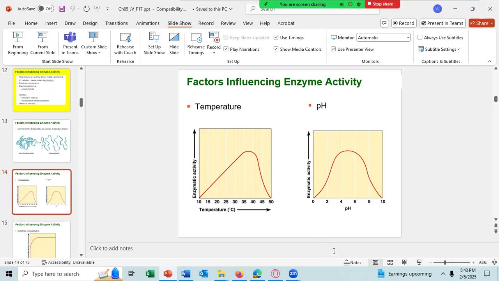The same thing happens with pH. This enzyme works best around pH 5. That's its optimal level. And then when you move away from pH 5, like pH 3 here, well, closer to 7.2, 7.5 here, you'll note that the enzyme has less activity. And as you go down in pH to pH 2, or you go up in pH to, let's say,